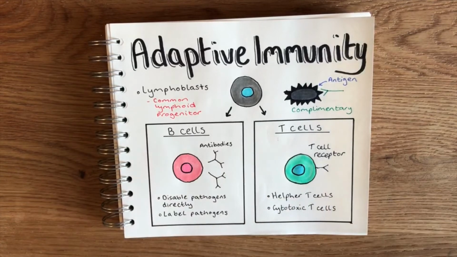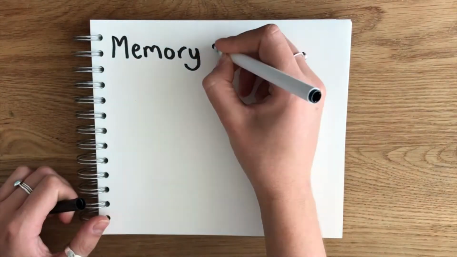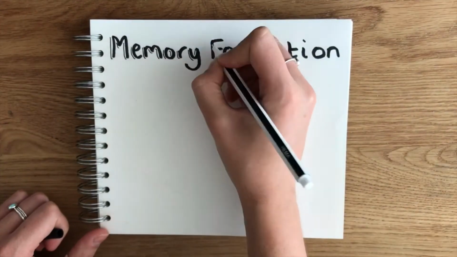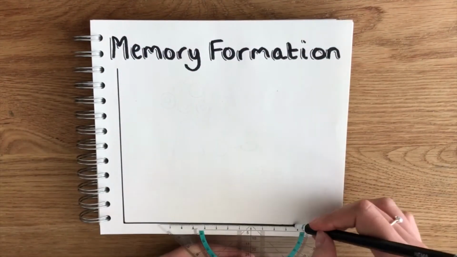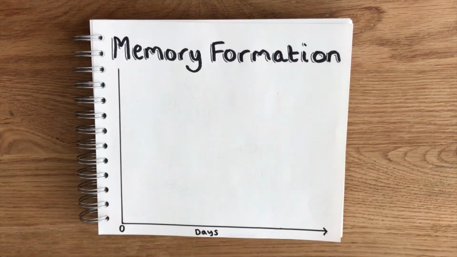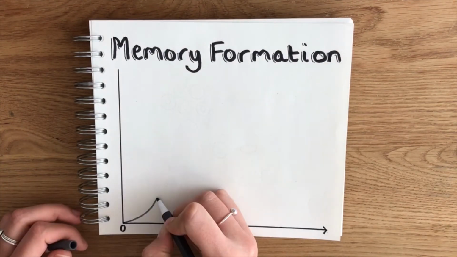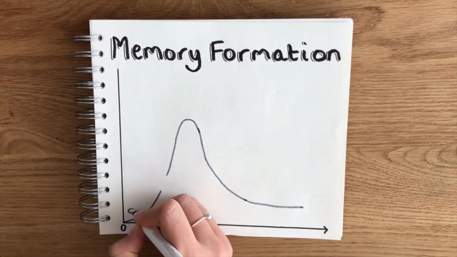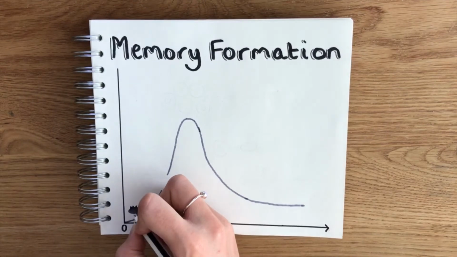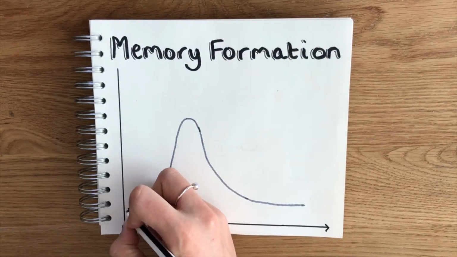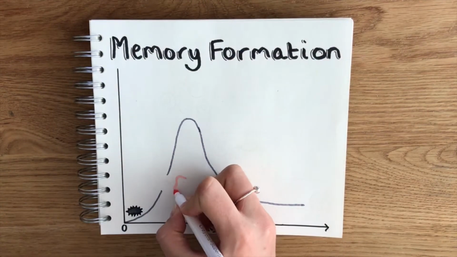Okay, so as I mentioned earlier in the video, another common feature of both B and T cells is memory formation. So unlike innate immune cells, which are often very short-lived, our adaptive immune cells, which we acquire over our lifetime, are usually extremely long-lived. So I'm going to use T cells as an example, but the process is very similar for B cells as well. So once a T cell has developed into a mature T cell, it's first known as a naive T